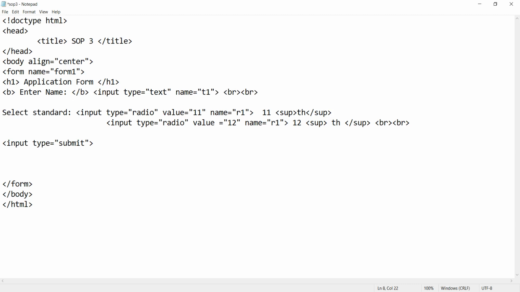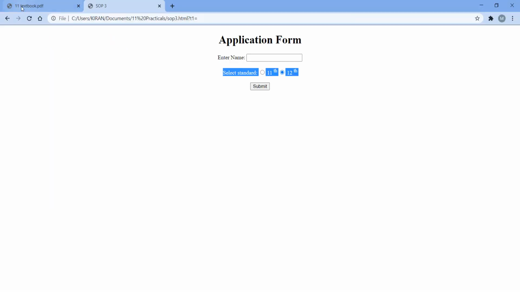Similarly for select, B. Okay, so whatever text we place between the bold tag will be displayed in bold format. See here, enter name, enter standard. Again, there is a submit button.